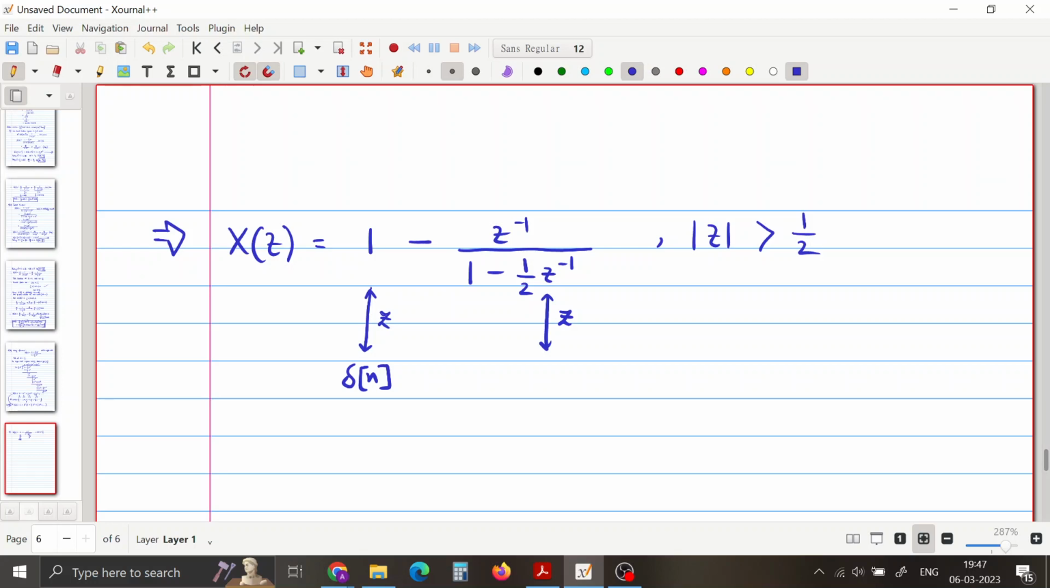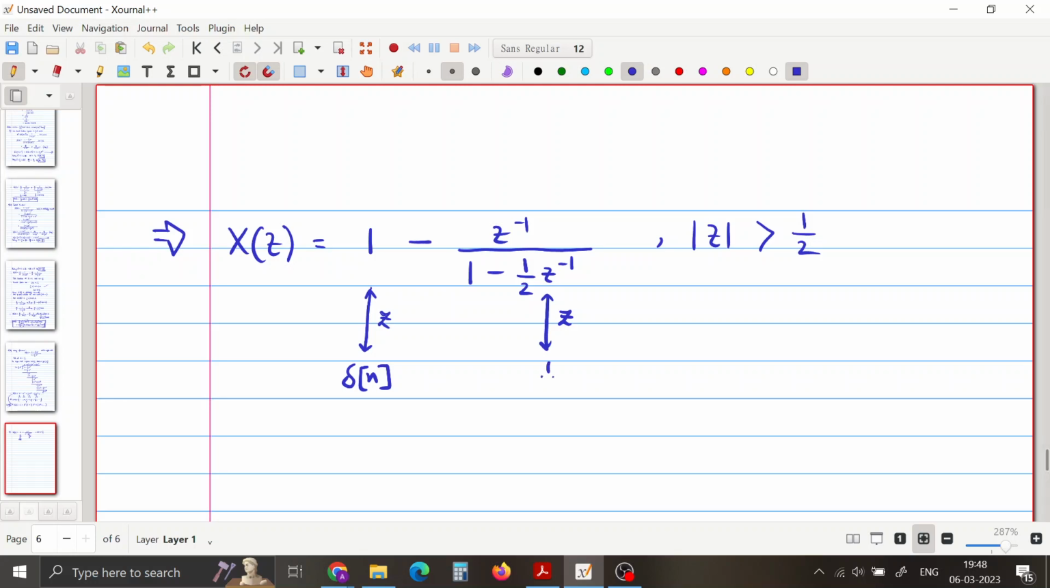If we only consider 1 by 1 minus half z inverse, it is a known form, and the ROC is mod z greater than half. So it is of the form 1 by 1 minus a z inverse, where mod z is greater than mod a, that form. And for that kind of a right sided sequence, we have the corresponding time domain sequence as a power n u of n, and here a is half, so half power n u of n, but additionally we have a factor of z inverse multiplied, and whenever we have a multiplicative factor of z inverse in the z domain, it translates to a delay, as we know from the delay property of z transform. So multiplying by z inverse means delaying by one sample, so it will be half to the power n minus 1 times u of n minus 1. Okay,